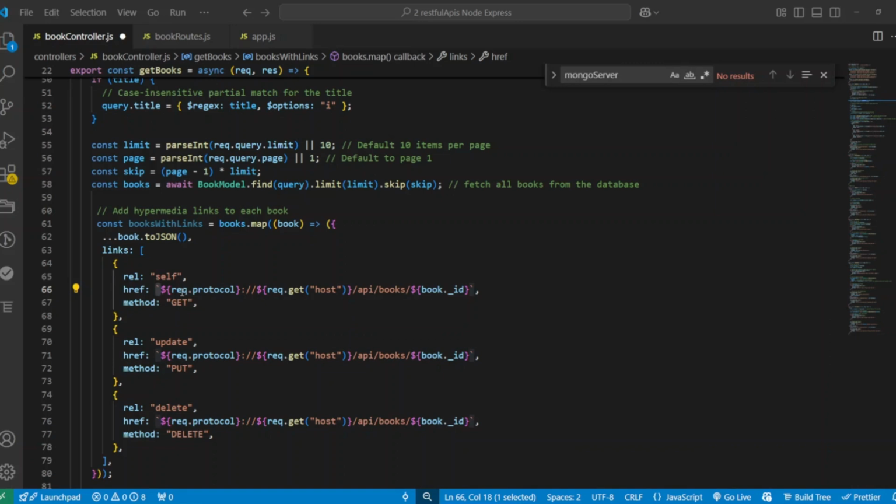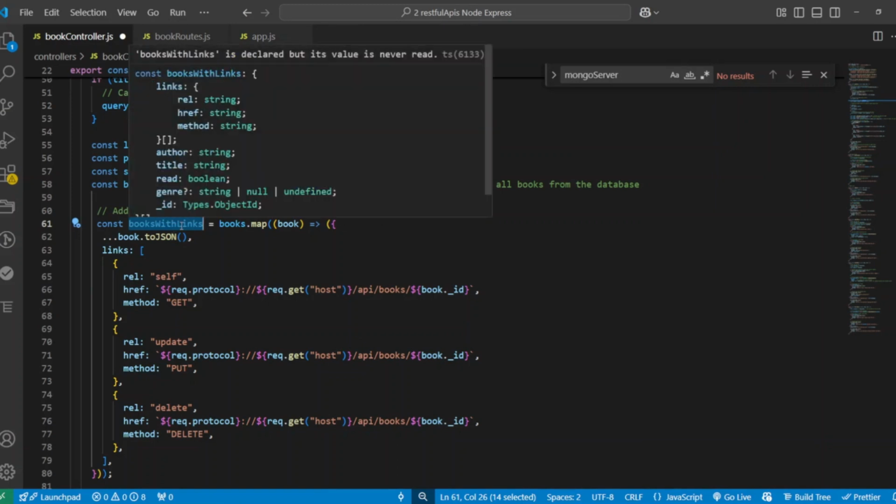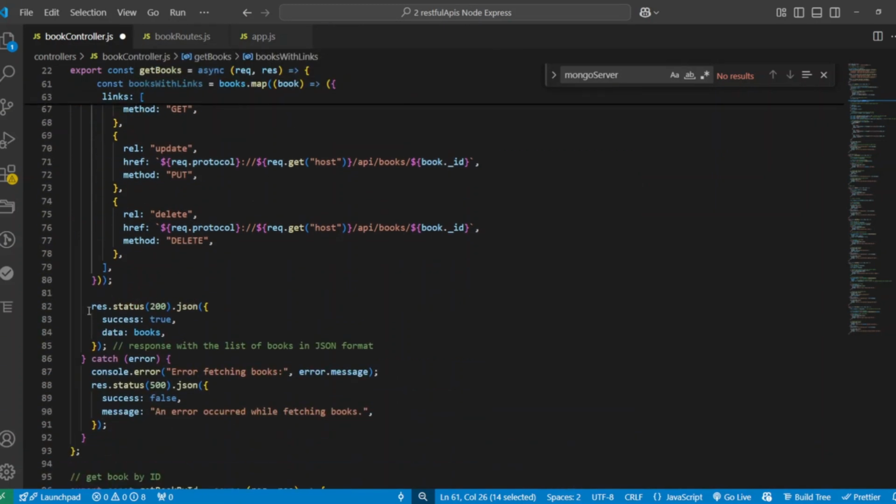So the first one is the req.protocol, which gives us the protocol, is it HTTP or HTTPS. Then we have req.get host, which gets the host name like localhost 3000 or example.com. And then the third part is /api/books/bookId, which adds the book's unique ID to the endpoint. Now we constructed the new books array with the links. We will go and update this response right